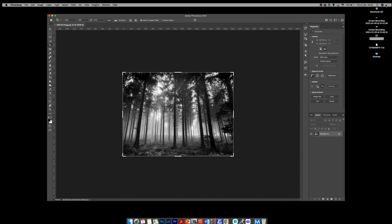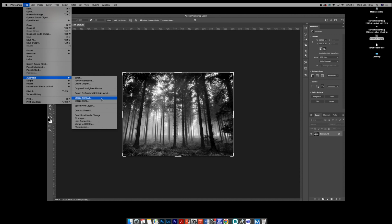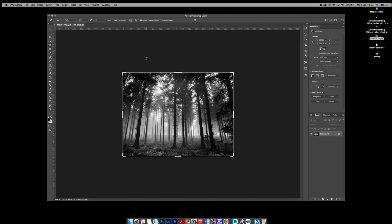Okay, so the one thing I did promise that I'd show you was the plugin. Now I'm in Photoshop here and I've got the picture up in front of me. If I go to File, Automate, then I should have options for Mirage Print and Mirage Print All. Now, if I click on Print, it just brings in the picture I have open and the tab I'm clicked on. If I click Print All, then it will bring everything I have open in Photoshop, or everything I've got selected in Lightroom,